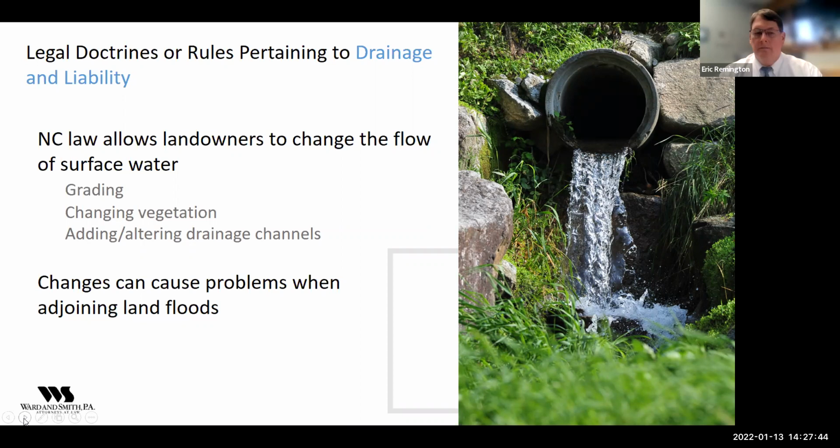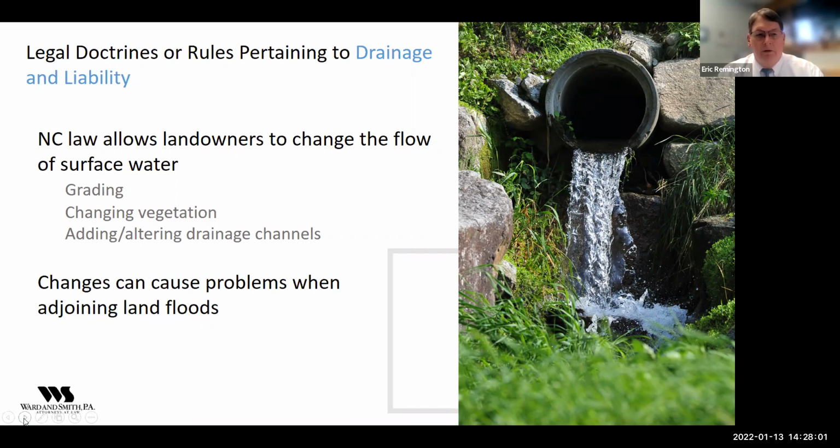As Amy said, she deals with a lot of the front end issues with regard to stormwater or drainage, and dealing with the rules and regulations that the state and municipalities impose on people who are modifying their land.